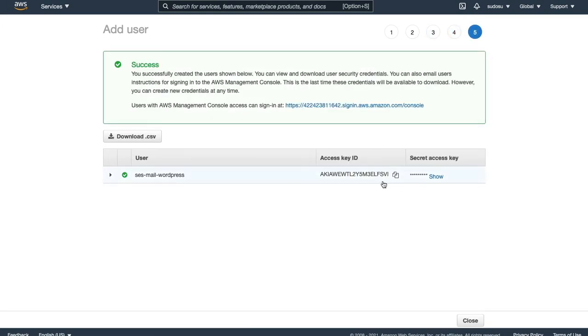Okay, so you can see my keys. An important thing to note: never show anyone your keys, because they will have access to your SES service. I'm just showing you them now because I'm going to delete this user afterwards, which will mean completely removing these keys. But take your keys. So I'm going to copy this key,